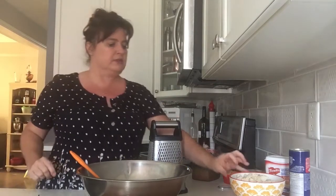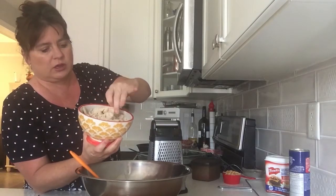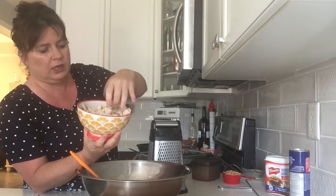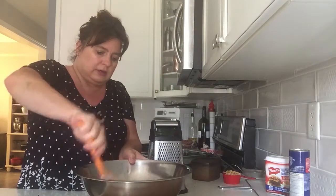I cooked up 2 chicken breasts, 2 large chicken breasts. You want at least 2 cups of chicken here. You can use canned chicken if you want. So I just cooked up 2 large chicken breasts. This is a bit more than 2 cups. And I roughly chopped it. So I'm gonna put that in. And I'm just gonna